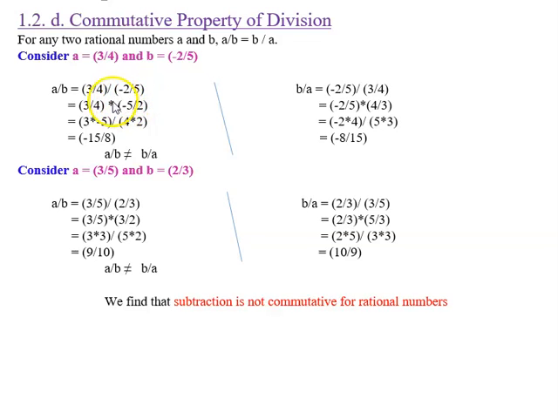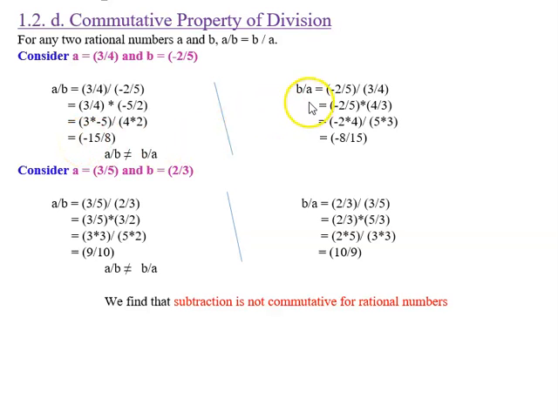So you know that if it is division, you can take the inverse of multiplication. So 3 by 4, instead of division, I am multiplying and we are reversing the order. That is, it will become minus 5 divided by 2. So now we can multiply numerator and denominator separately. So 3 times negative 5 divided by 4 times 2, that is negative 15 divided by 8. So this is a divided by b.